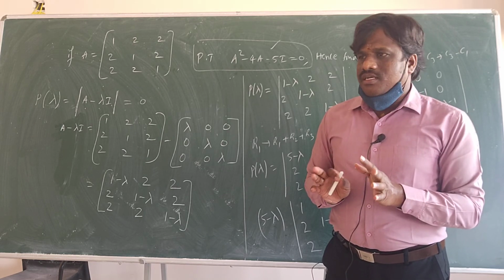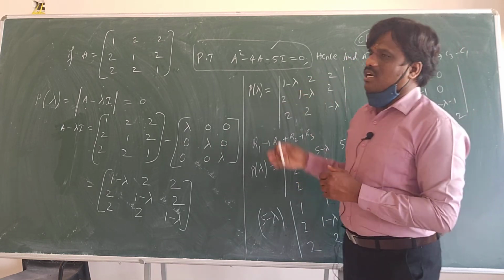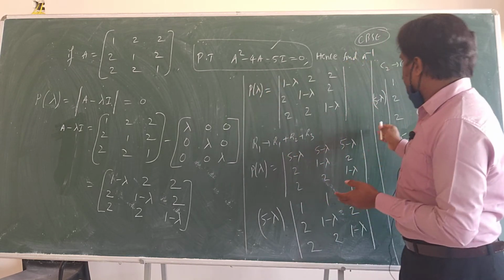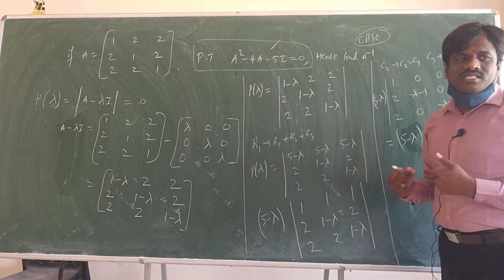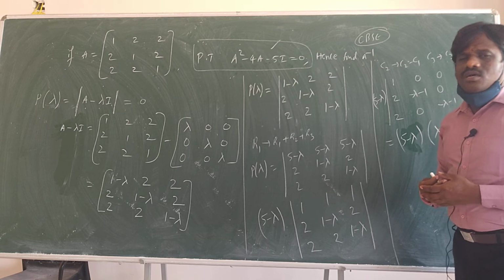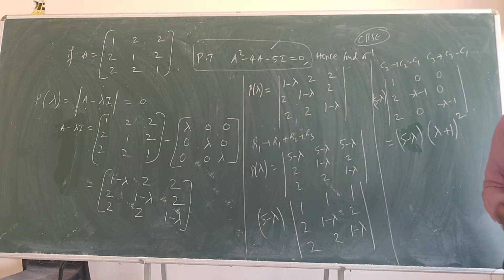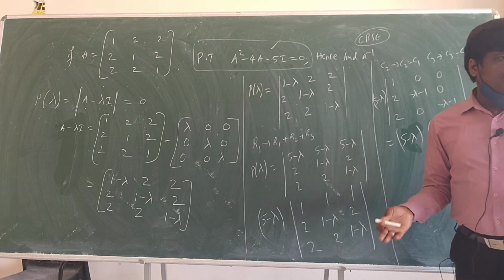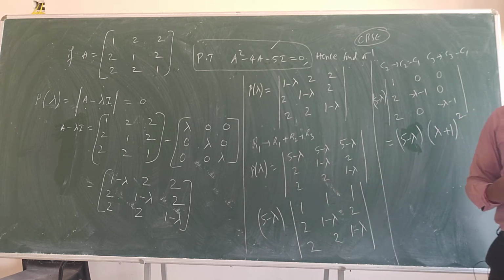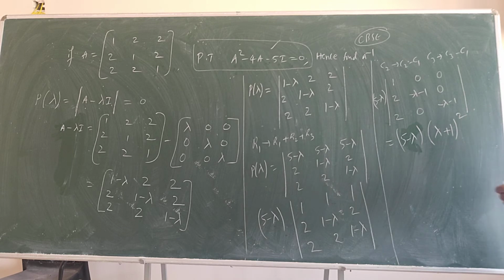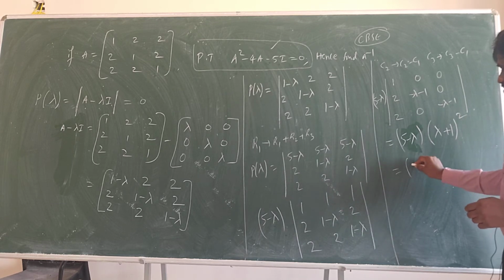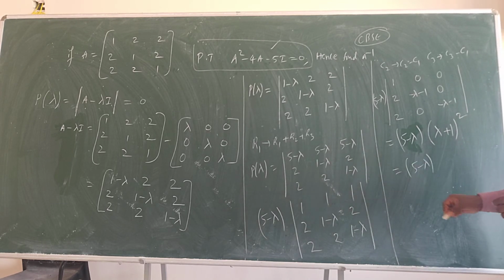Correct? Are you getting it? Now here, suppose in options all are given second degree, we will take second degree. If they give third degree, we will take the third degree. Most probably they will give second degree only everywhere, not more than that, because they don't want to test more than that. They don't want to make you suffer.